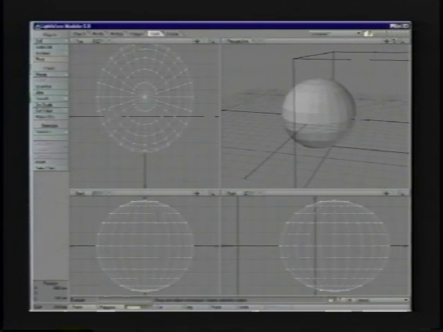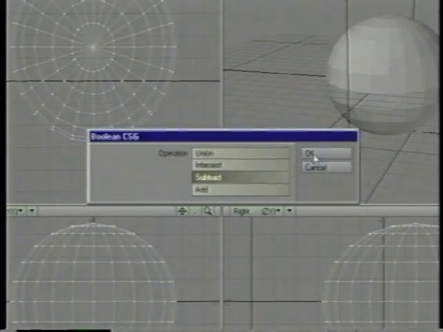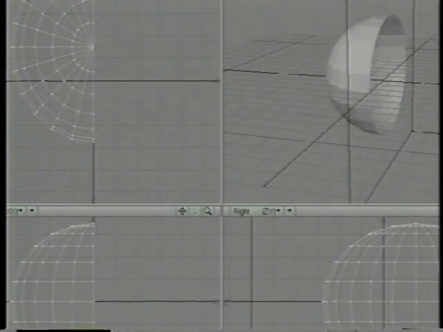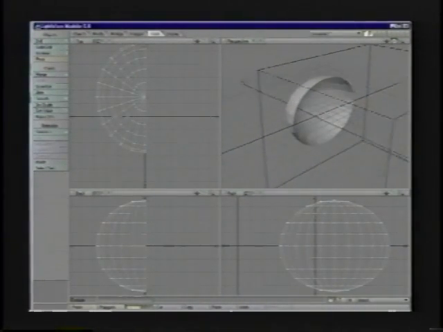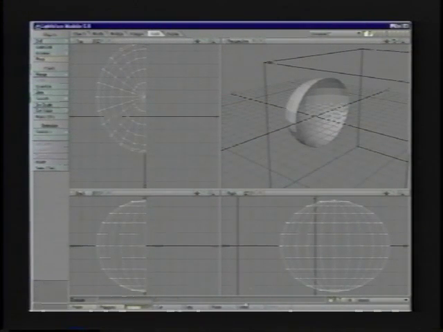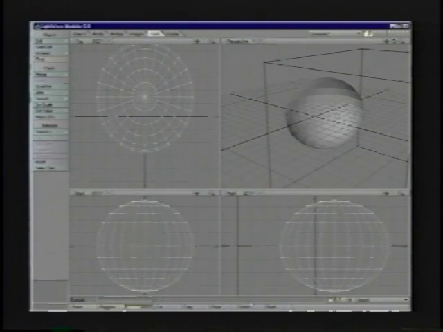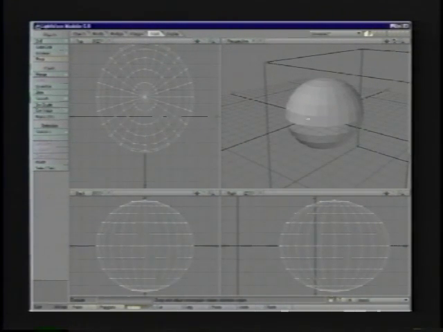And if we go ahead and do the Boolean again, Shift B brings up the Boolean requester. Subtract it again. Okay, now this time we can actually see inside of the ball. And that is one of the reasons why you need to know the difference between single-sided polygons and double-sided polygons, for operations just like this. Okay, so I'm going to go back and undo that, and undo my double-sided copy that I did. Okay, so now we're back to a